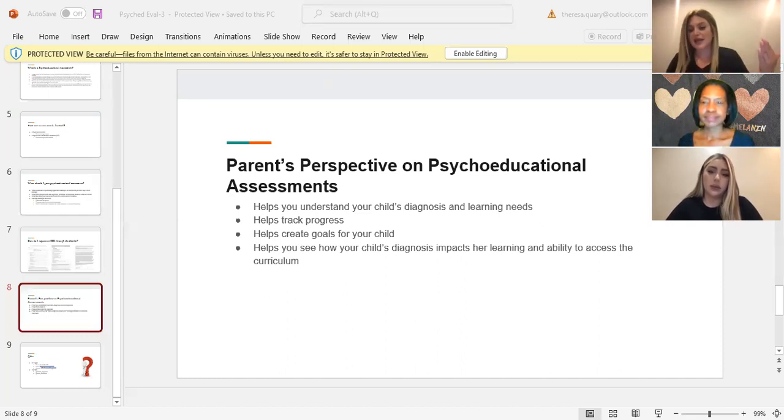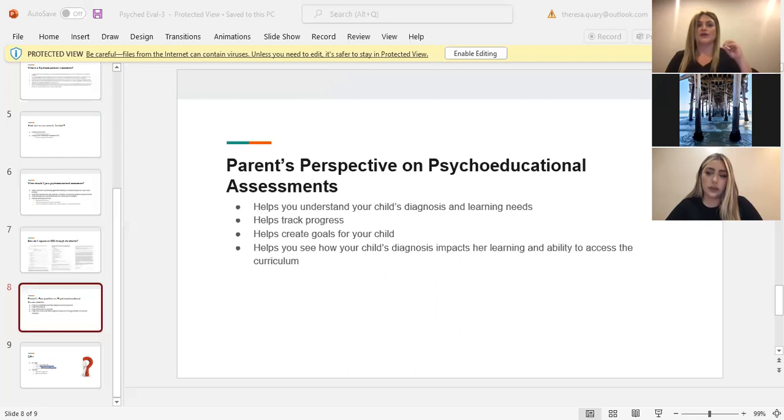And then I would say it's really important every time there are any major transitions in a child's life. So they're going from daycare or preschool to kindergarten or first grade. They're going from elementary to junior high, or junior high to high school to college. So any major transitions. So those are the two. Number one is early intervention. Number two is major transitions.